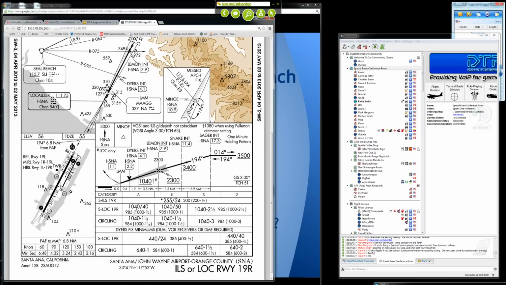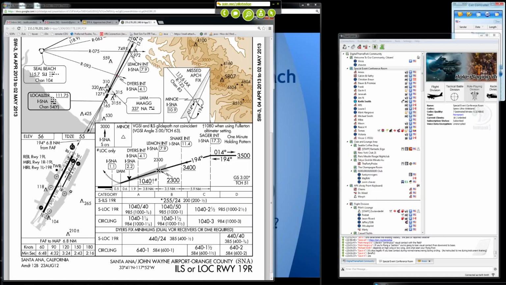So 1040 is as low as we go. So we picture what's happening, 35 down to 34, down to 23. We can drop down to 1040 and that's it. So we're stuck at 1040. We can't get any lower than 1040 because we were not able to identify DYERS. And if we look at why that is,